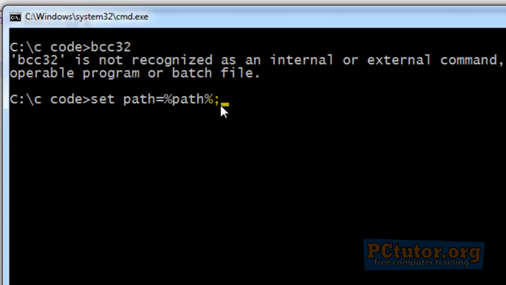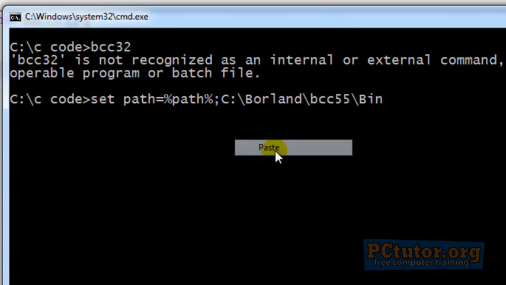Now this means you append the path we are giving here. I'll right click here and paste. Now we append this path to the system paths. So that is why we use this,